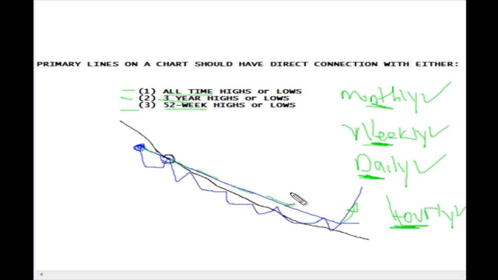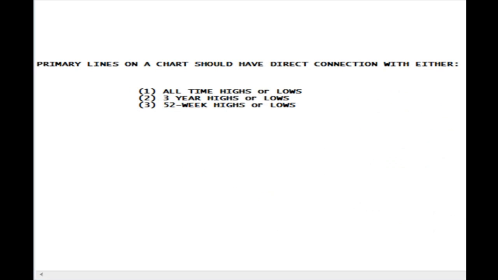So now let me talk about the lows. Remember, this works for both highs and lows. So let's say we have a point on the chart. Stock comes and hits a low,